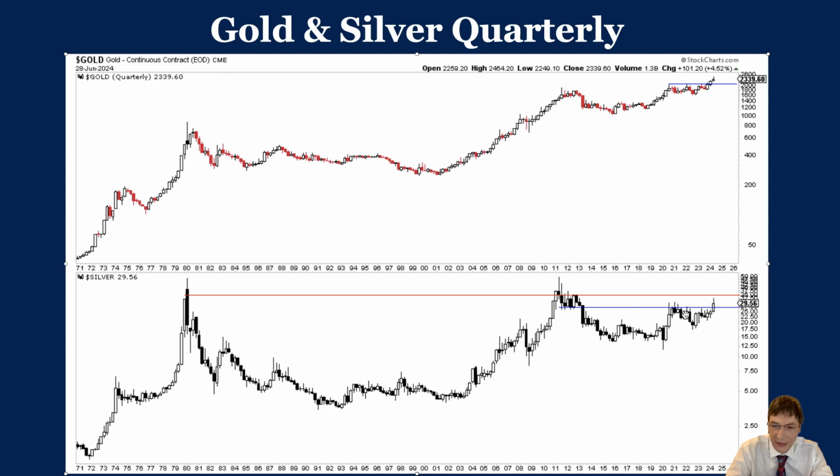Okay, so moving on to silver. It's simple, folks. This line here, I did some quarterly videos in recent years talking about this quarterly level right here, 27 bucks. It finally closed above it. And if you look at the candle, it's good that we were able to close at 29.56. Obviously, of course, you prefer it closes higher. I'd prefer it to be a stronger candle, 31, 30.50, something like that.